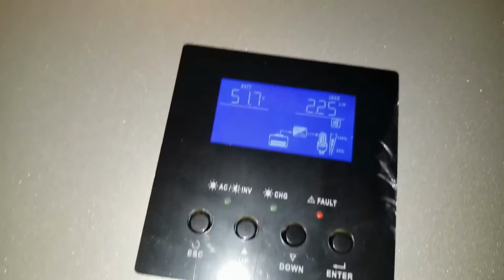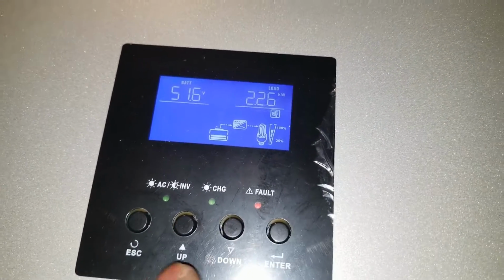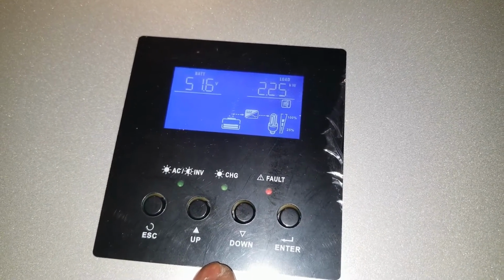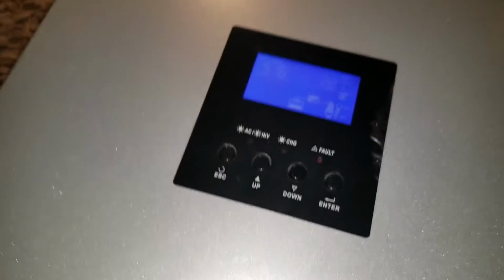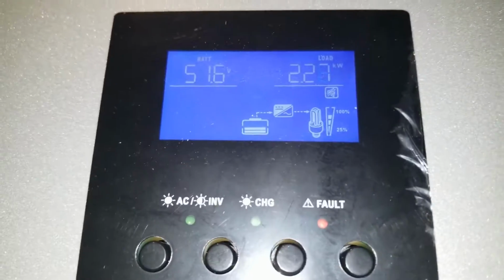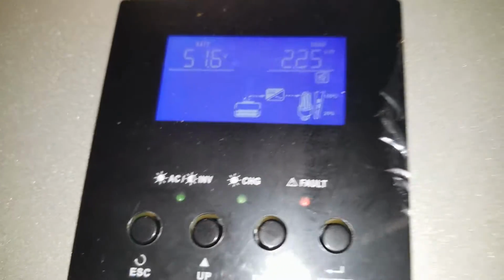So the batteries are dropping, 51.7, and we're pulling 2.8 to 2.3 kilowatts. So like I said, the batteries are not charged. This is the first surface charge. You never got a cycle yet. So let's see how far we're going to go till this system shuts down. Look at the shunt reading here. The state of charge is wrong. So there's a lot